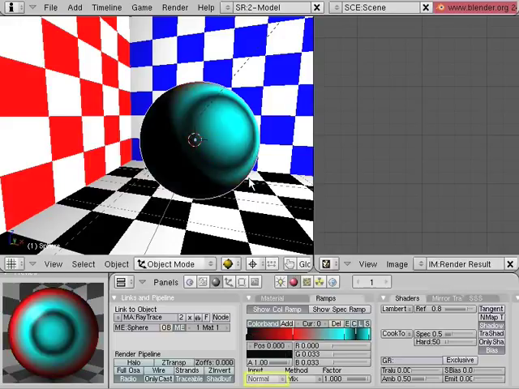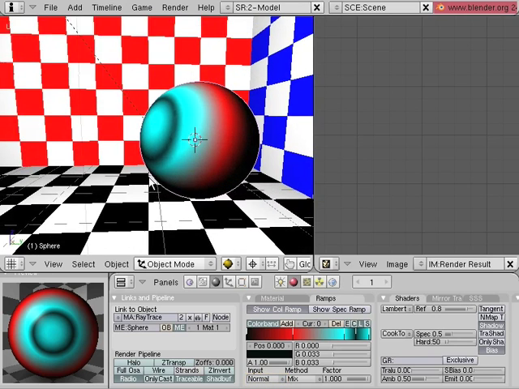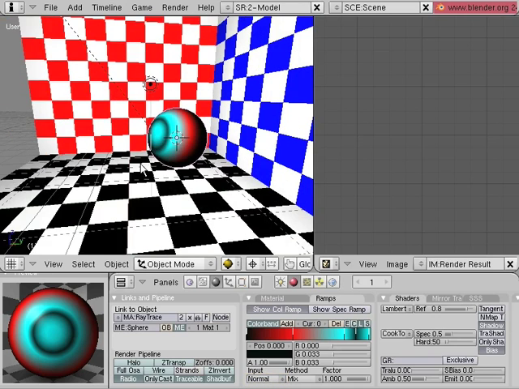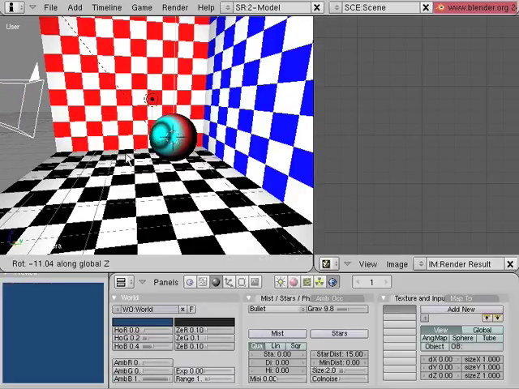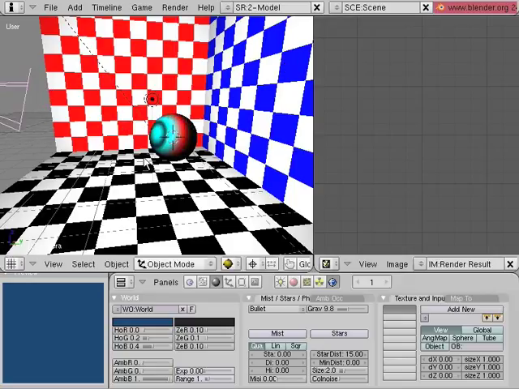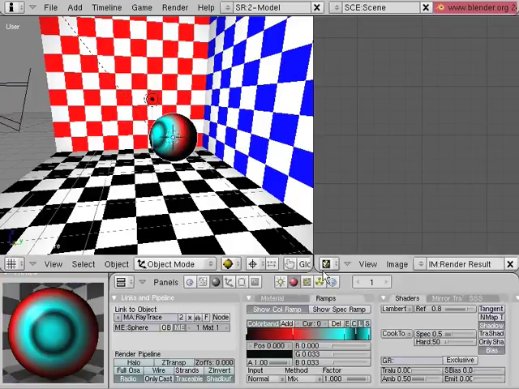Now this is a view-dependent shader type, so it ignores lighting, it ignores the diffuse shader in calculating the ramp, and it's only concerned with the position of the camera. So as I move the camera, as I move the view direction, the shader's changing to accommodate the view. Note that the normal input mode